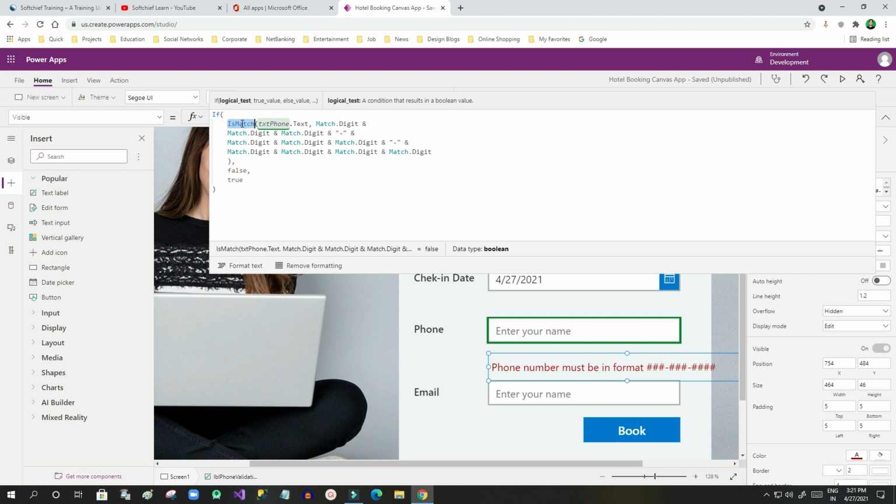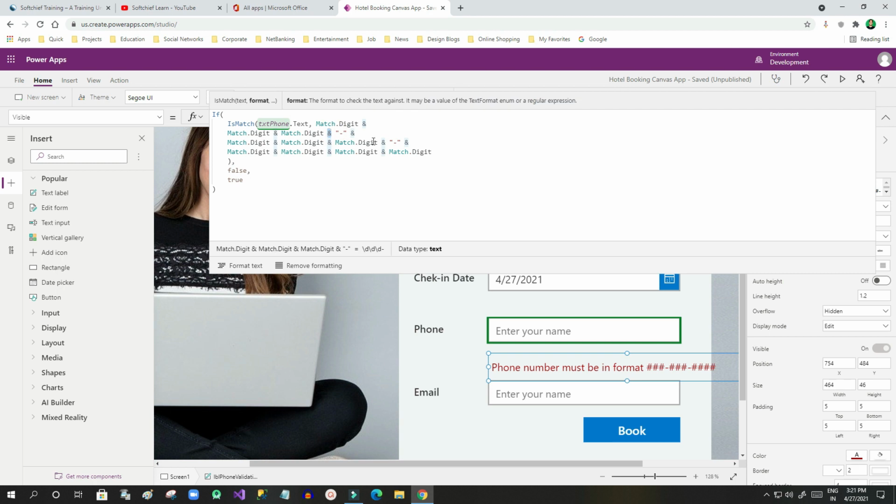IsMatch takes only two parameters. The first parameter is the field value, and the next parameter is the expression, the format. I have added IsMatch(txtPhoneNumber, then after a comma one digit, second digit, third digit, then hyphen.